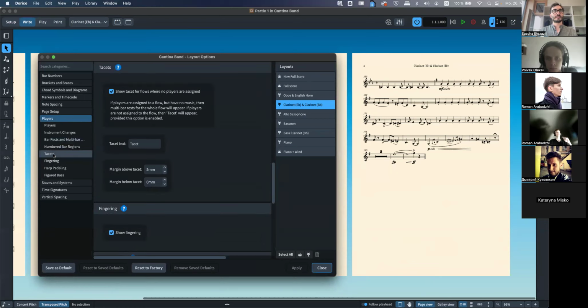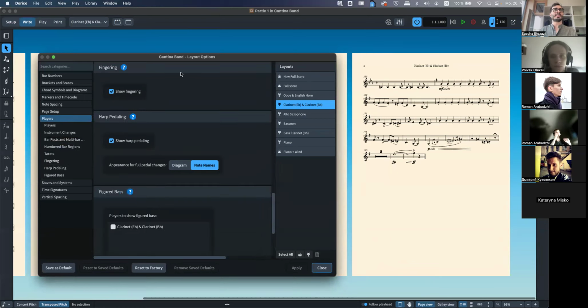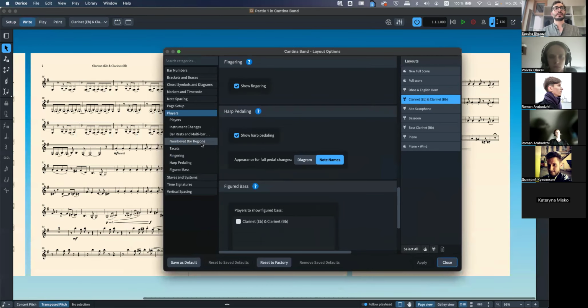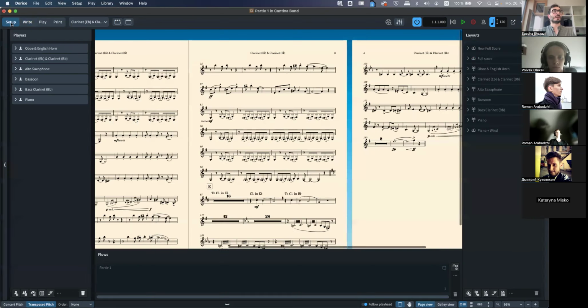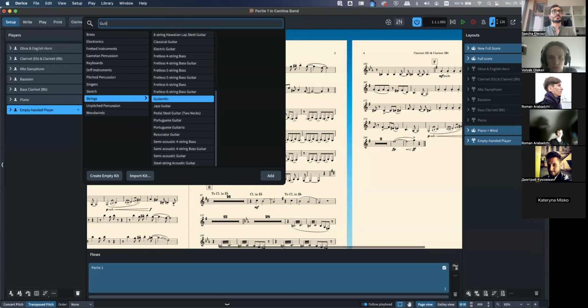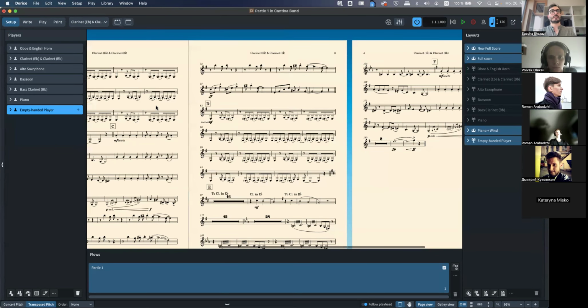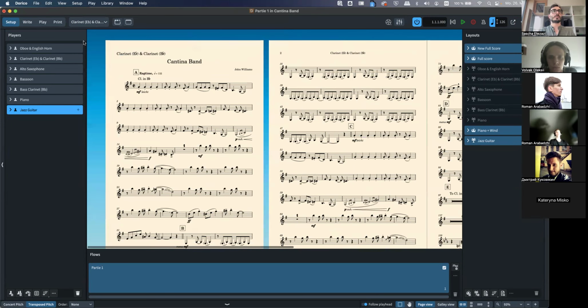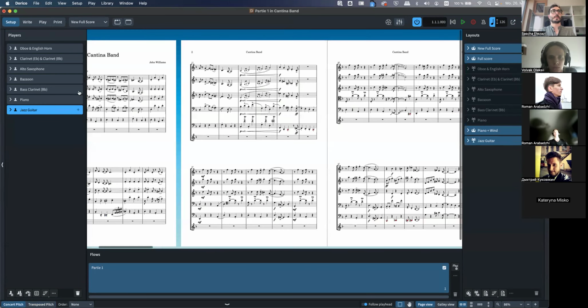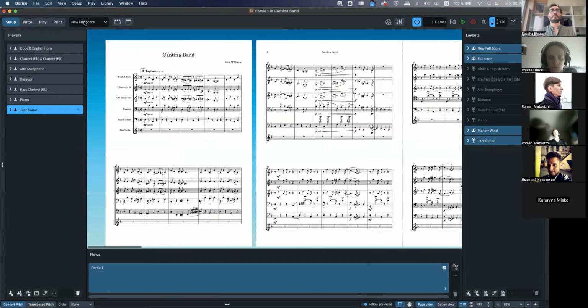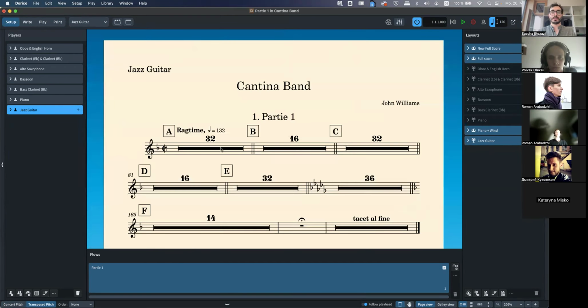What's more important is stuff like fingering, harp pedaling. If we have percussion instruments, then they will also appear here. And if we have guitar instruments, they will also appear here in a way that we can tell, for example, what I already showed when I add a guitar. Let's just do that. For example, in the score, we have the guitar. But in the part for the guitar, I don't want this to be